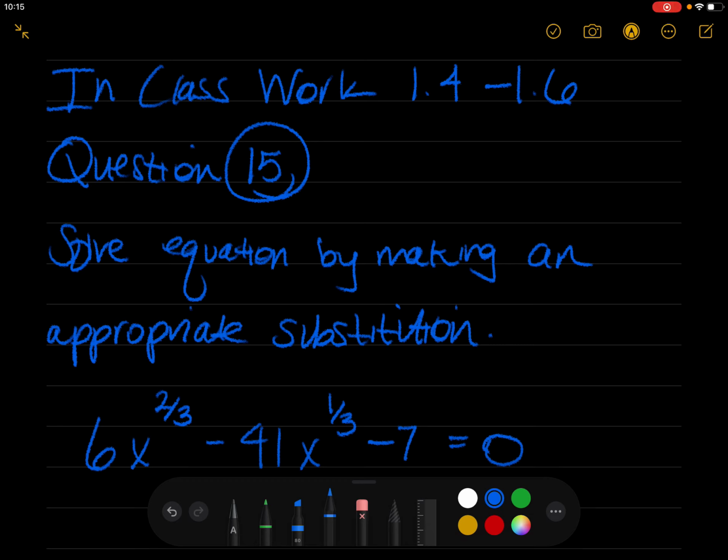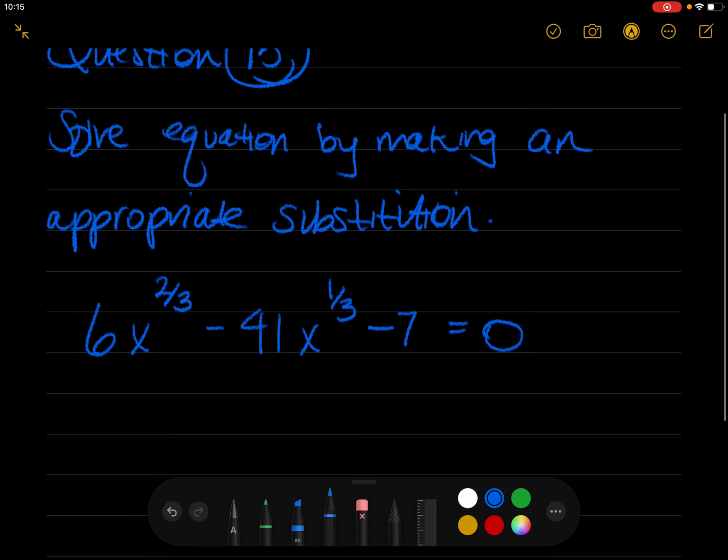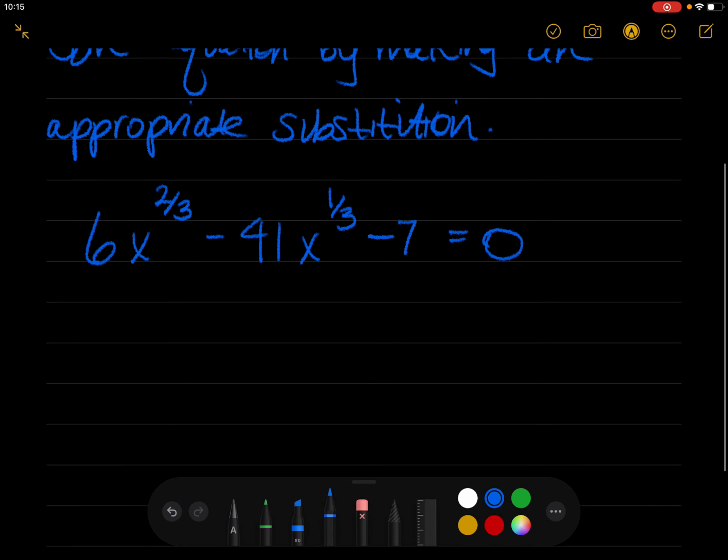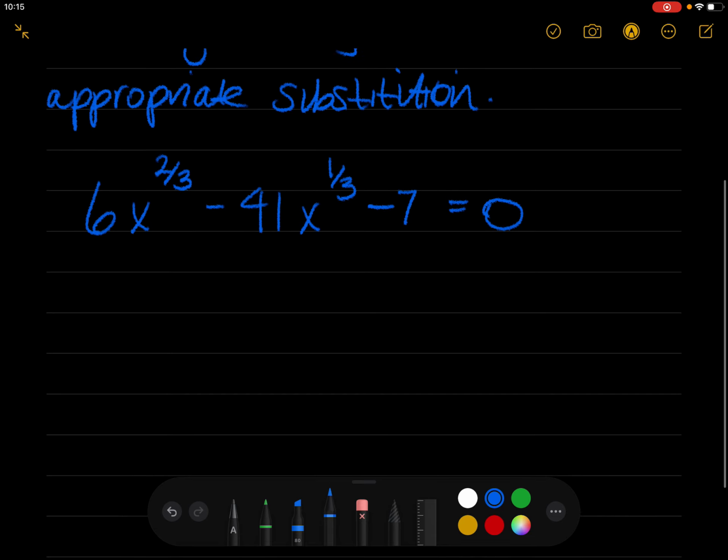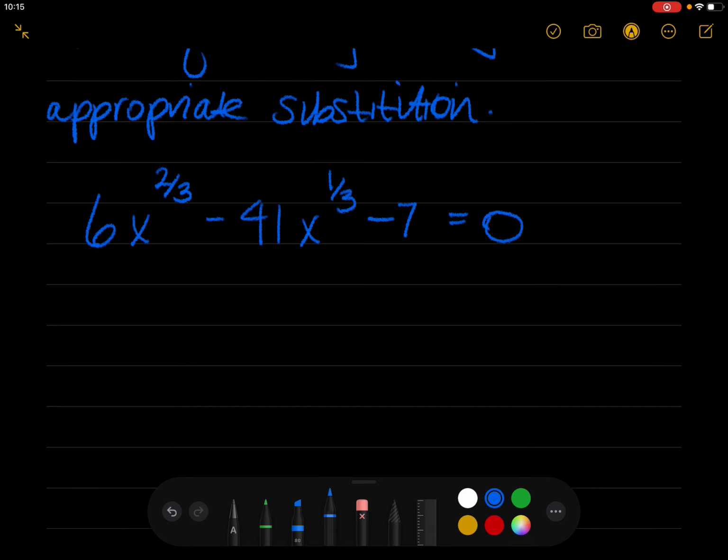We are going to look at question 15 from the in-class worksheet that we did for sections 1.4 through 1.6. Question 15 asks us to solve the equation by making an appropriate substitution. So this is an equation, 6x raised to the 2/3 power minus 41x to the 1/3 minus 7 equal to 0. This equation is what we call a hidden quadratic, or an equation where if we make